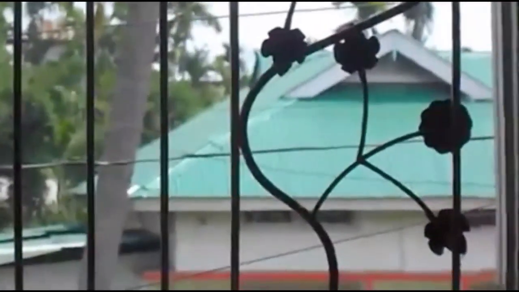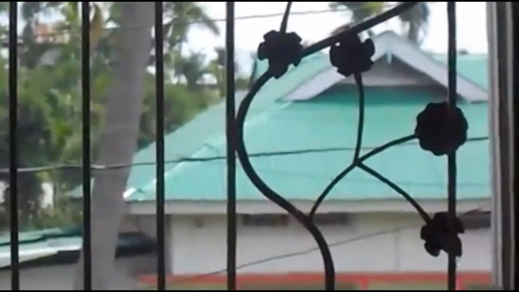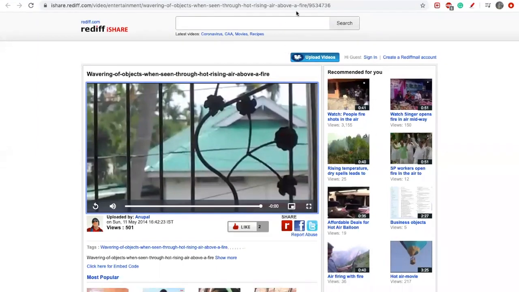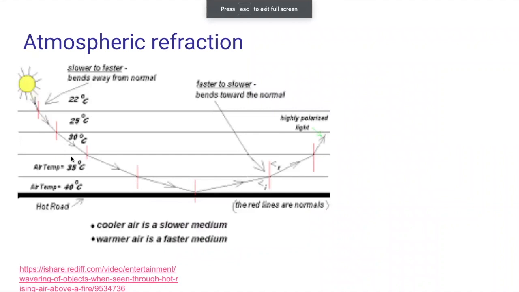See, from that smoke, if we see, not just the smoke, because the air has become very hot here. If you see through that, you feel like these are dancing. We feel some wavy motion is going on, right? Why is that happening? That is because, I'll show you. That is because when we are considering